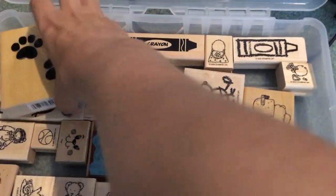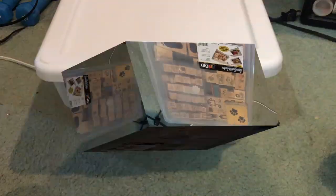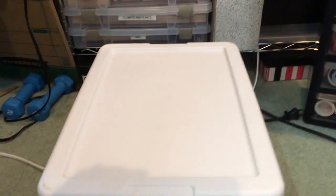So this could probably, does this fit here? No, it doesn't fit there, so that's why I have it on top. So that's how I store these. Okay, my clinging stamps I put in this big Tupperware type